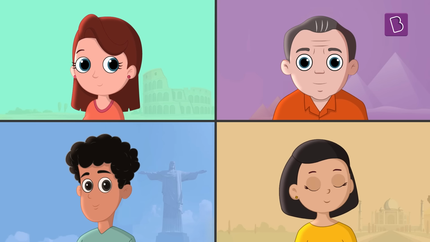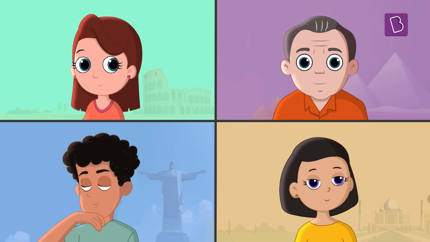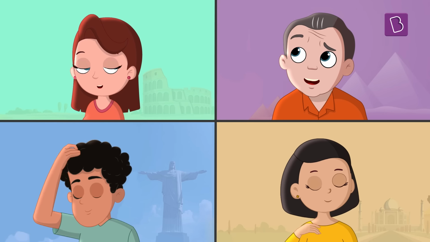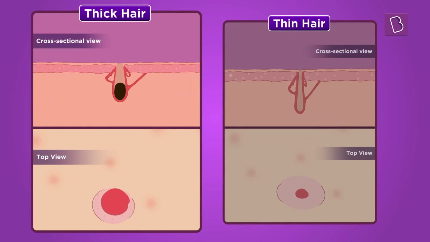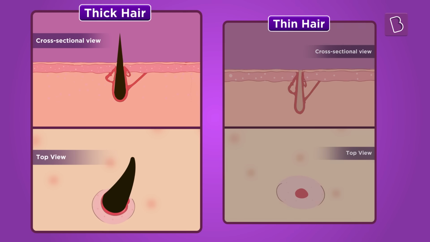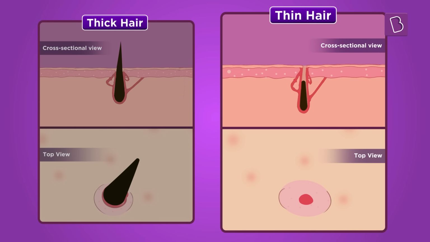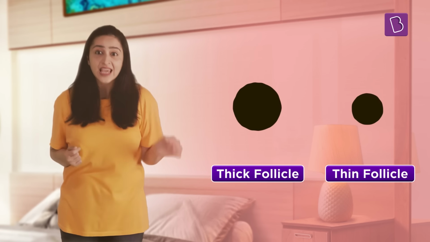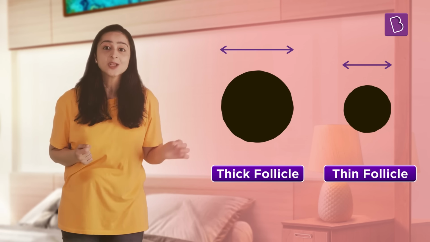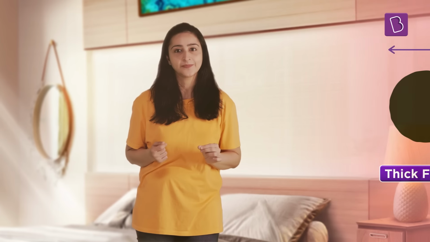But I'm a bit curious. If all hair grows out of the hair follicles, then what really makes it different? Let us look further into the follicle to find out. Just like other human traits have various shapes and sizes, so do the hair follicles. Thick hair grows out of large follicles. And as you can guess, small follicles grow thin hair. In other words, the thickness of a hair strand depends on the size of a hair follicle.